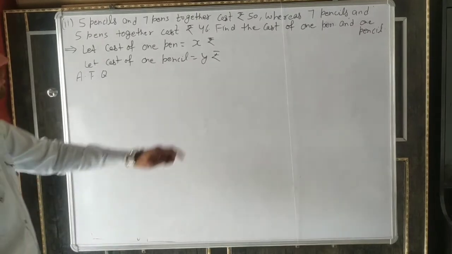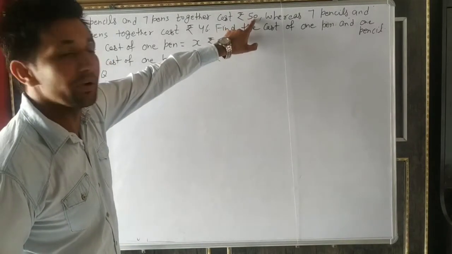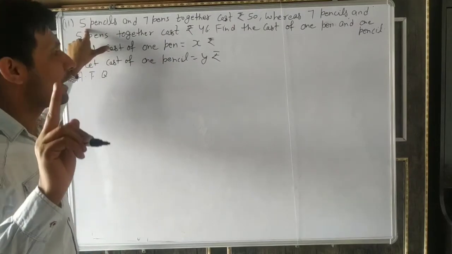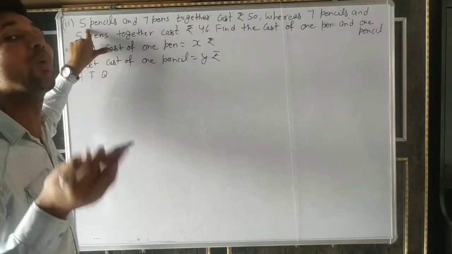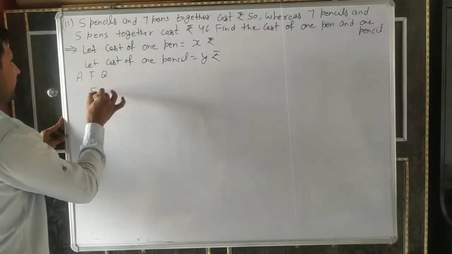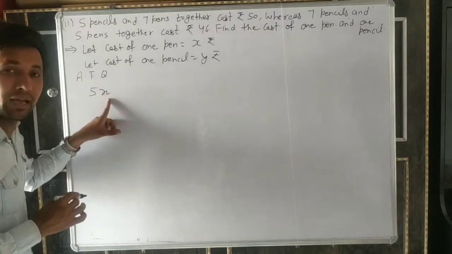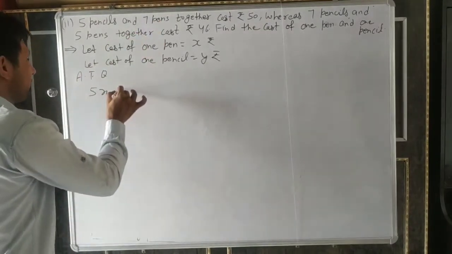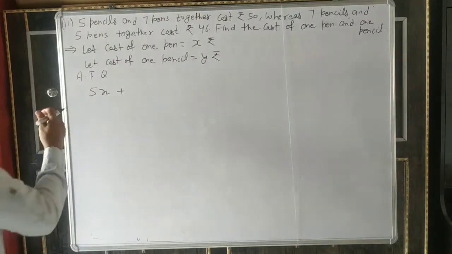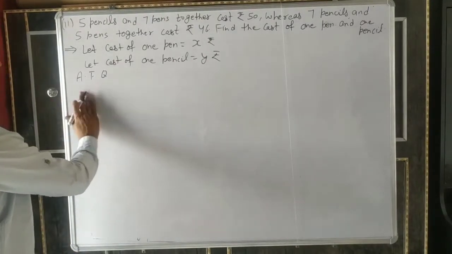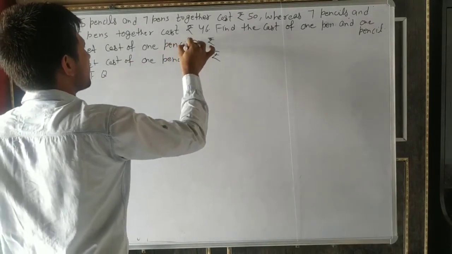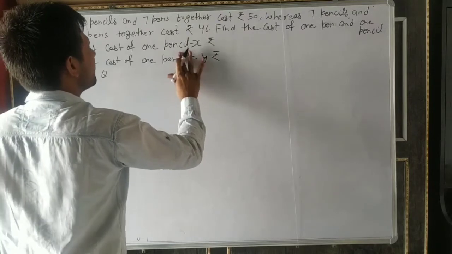According to the question, what is given? The cost is 50 rupees. Of 5 pencils. Cost of 1 pen is X rupees, cost of 2 pens is 2x, cost of 3 pens is 3x, cost of 5 pens is 5x, because the cost of 1 pen is X. And 7 pens, 7. Don't worry. If we are taking the first cost, you can write here first pencil, cost X rupees, and it is pen.